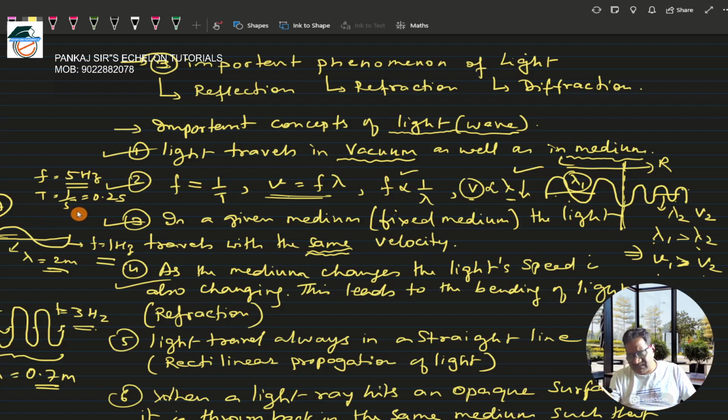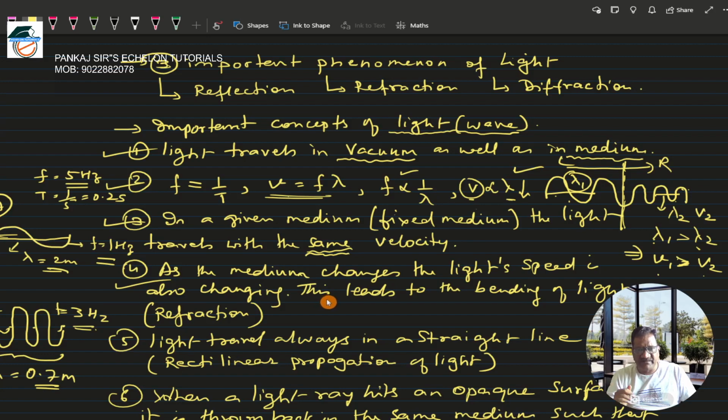And if the velocity is increasing, if it is traveling from one particular medium to another particular medium, then its wavelength will also increase, okay. So as the velocity decreases, wavelength decreases. As the velocity increases, wavelength increases, okay. So this increase and decrease in the speed and the wavelength of a light wave happens because of the change